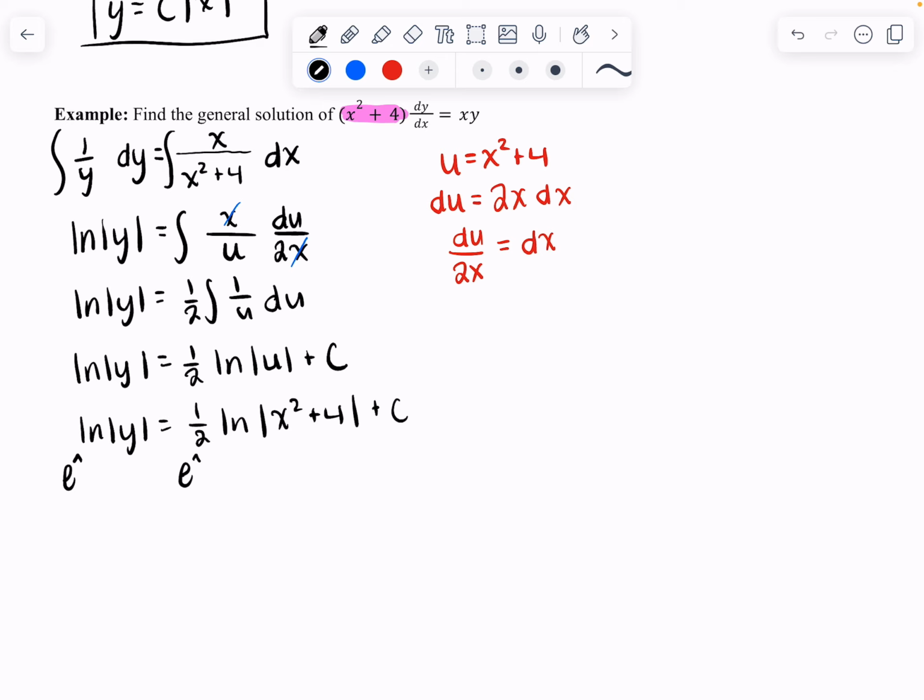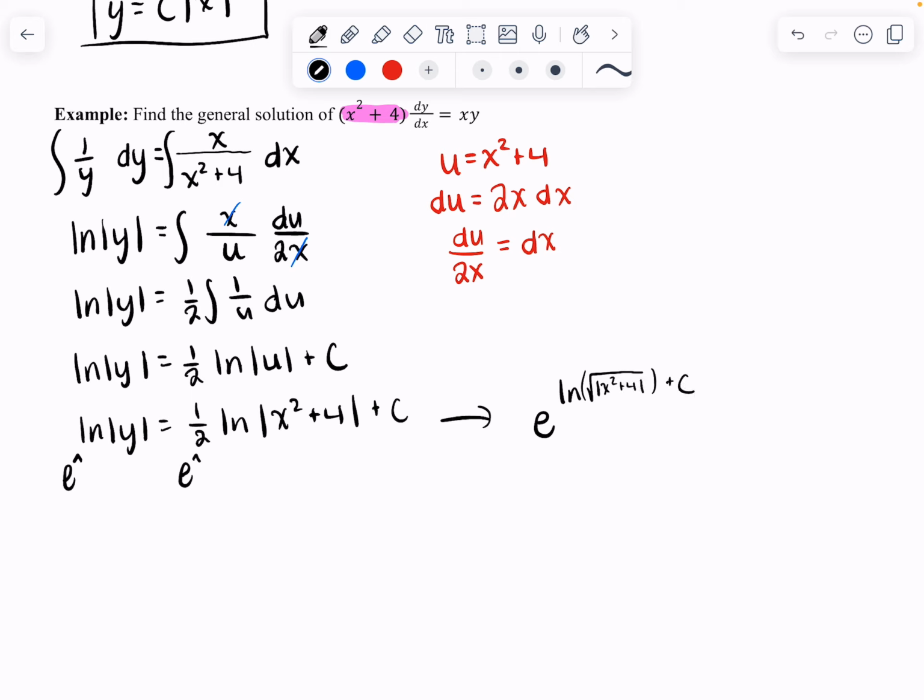Okay, now this one's a little bit different. We still have that plus c, but we also have this 1/2. And so what we can do is rewrite this right-hand side as e to the natural log of absolute value of x squared plus 4 to the 1/2 power, right? Where that's all inside of the log. To the 1/2 power is also the square root of, so we have natural log of the square root of the absolute value of x squared plus 4